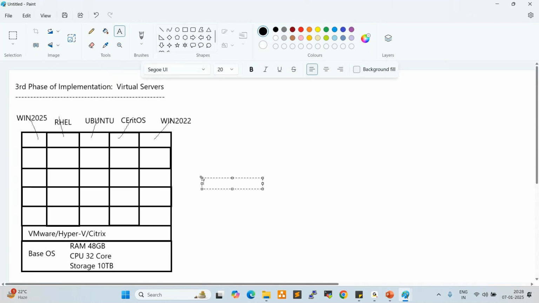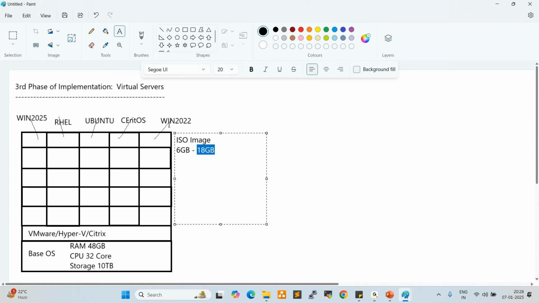What are those? Let's try to understand here. So when we want to deploy an operating system, we use the ISO image. ISO full form is International Organization for Standardization. So it's the full package of the operating system, a full-blown operating system, we can say. By using this ISO image, we can deploy the operating system, right? So this ISO image size would be minimum 6 GB to 18 GB based on the operating system.